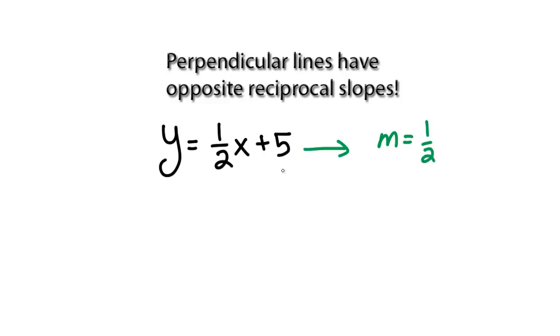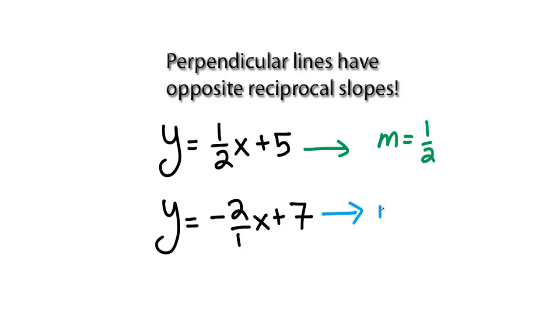Okay, so let's rewrite another equation, y equals negative 2 over 1x plus 7, say. Okay, so now the slope for this line is negative 2 over 1. So therefore we have a slope here which is 1/2,